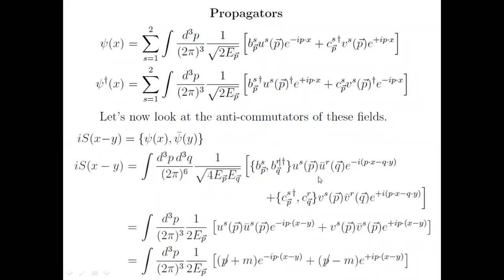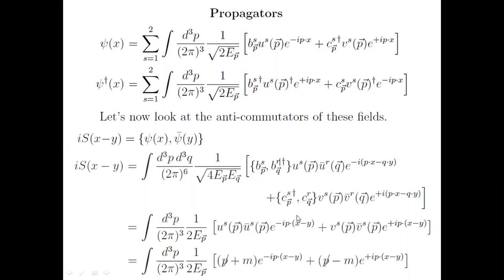This term is an outer product of u_p^s and u-bar_q^r. If we integrate over the delta function terms, we will get s equals r. So this will give a delta_rs term and a delta function term. Similarly here, and we have a summation over s. Summation is implied because there are two similar indices. Again, we have a summation over these terms.